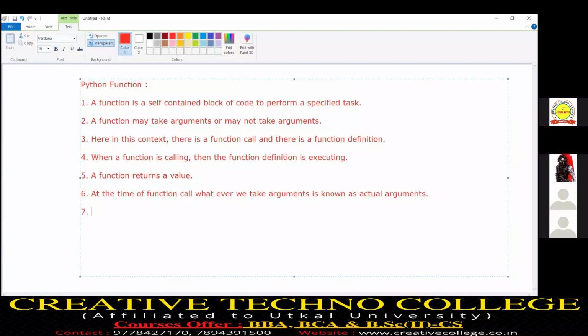Similarly, at the time of function definition, whatever arguments we take are known as formal arguments.